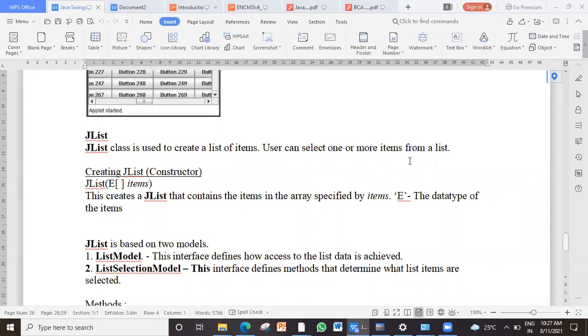If you want the user to be allowed to select multiple items, there is a property which you have to set to true. Allow multiple item selection to true. Some property is there. So now let's see how a list can be created.